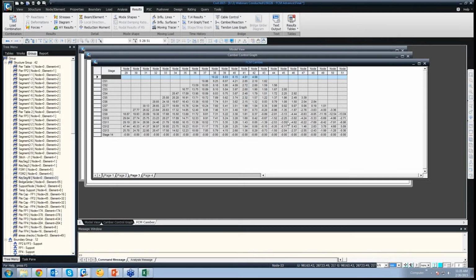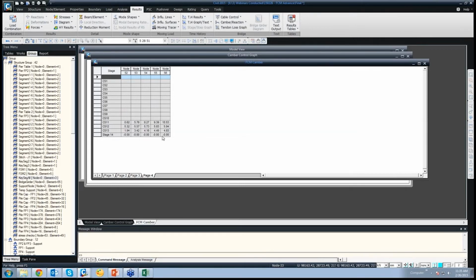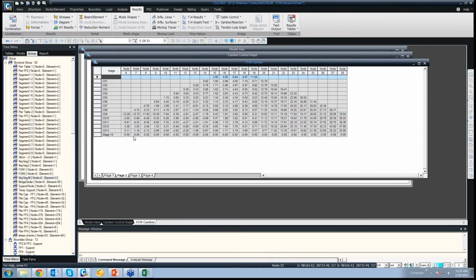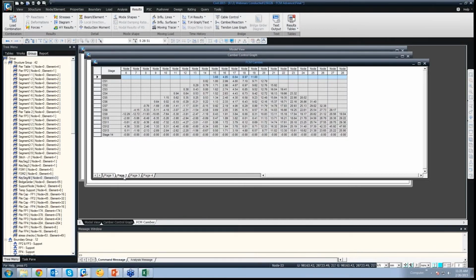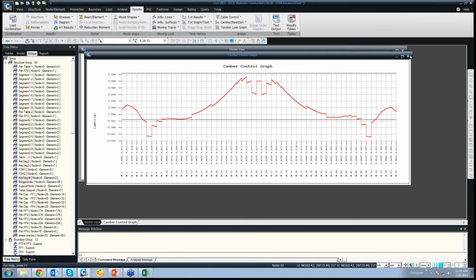Okay, so as you can see, at the initial stage, the camber correction required is high, and in the final stage, that is the 14th stage, it reduces to 0 for all the nodes. That is, at the end, it's a totally horizontal span. So during the several construction stages, that is where this camber control becomes really important for balanced cantilever bridges. Okay, we'll again go to the model.